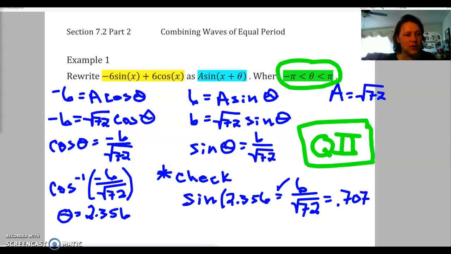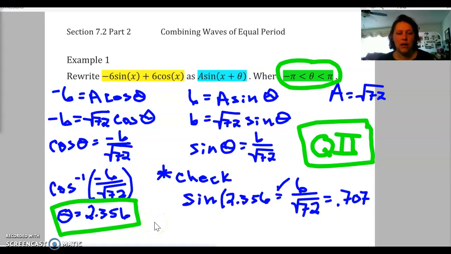Also, let's make sure we highlight our answer. This was our answer right here. So in your MyOpenMath, you need to include the answer A, and you need to include the answer theta. Okay, and that is all we have for that first example. I will be coming up with another example that's going to be in quadrant 3 or 4, and then there's also some minimums and maximums you'll have to look at too. So we'll see you back in just a